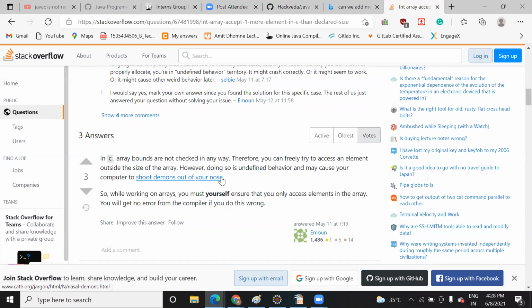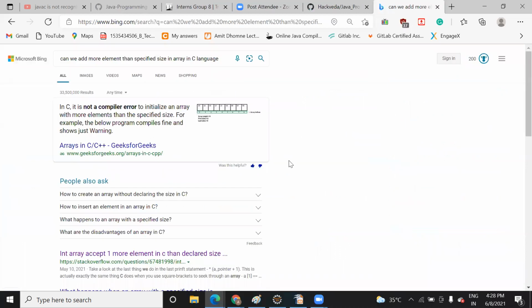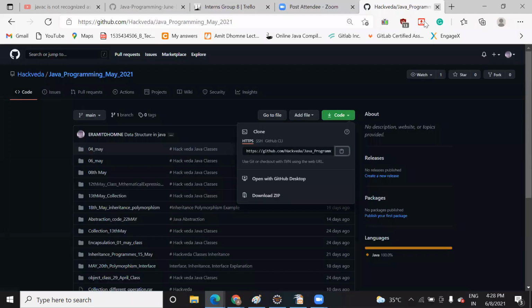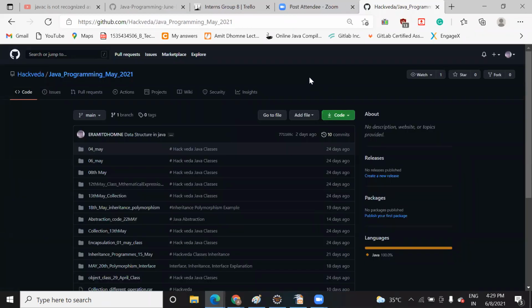They might ask you this question, whether it's supported in Java or not. In that case, you can say Java doesn't support it, but in C it supports it. We can enter more elements. Now it depends on the compiler whether it is going to print or not. It will accept it, but whether it will print it or not depends. I have implemented this, so I remember it, but I was not sure whether I implemented it in C or Java. That's why I was saying.